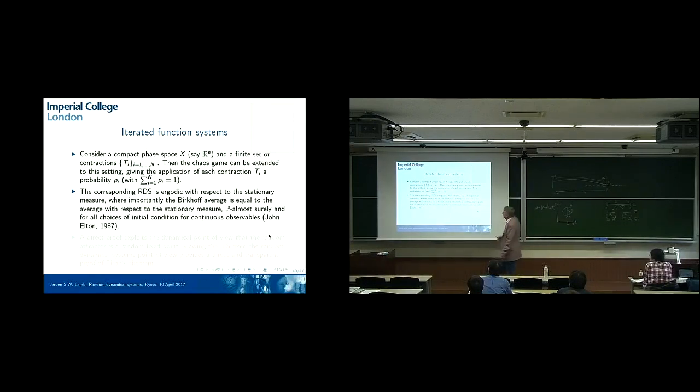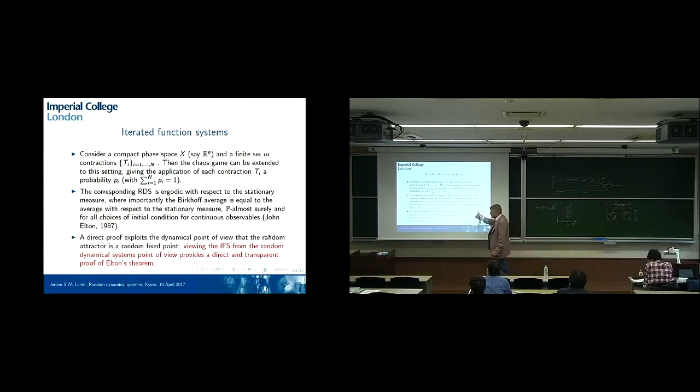John Elton has this result, precisely the result that we just obtained, basically for all x and p almost surely: an ergodic theorem for continuous functions. And that was used for these iterative function systems. So in general,